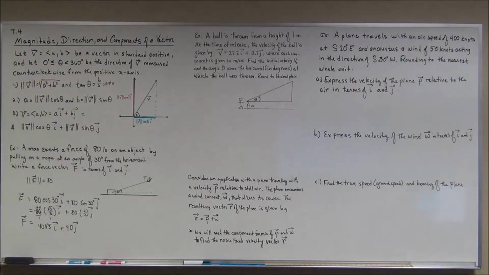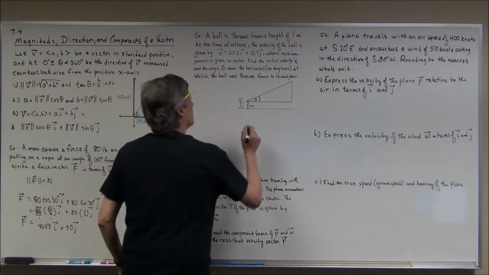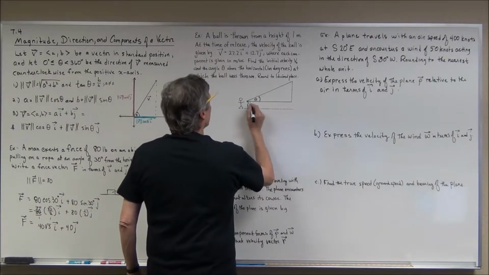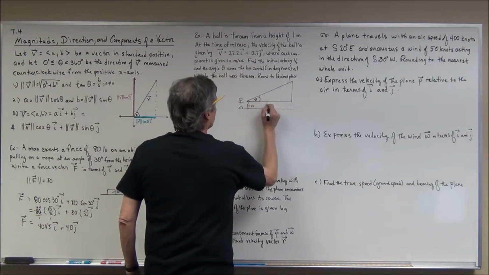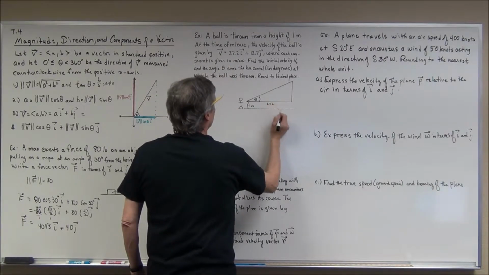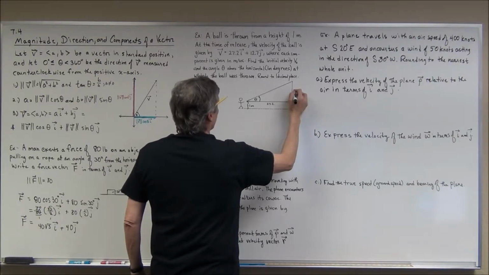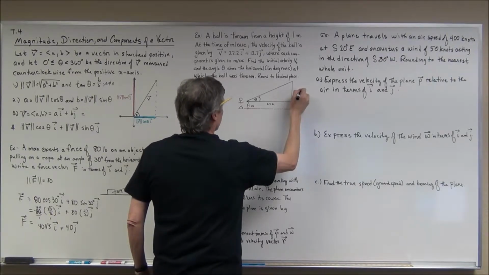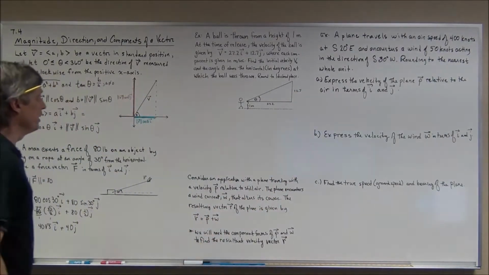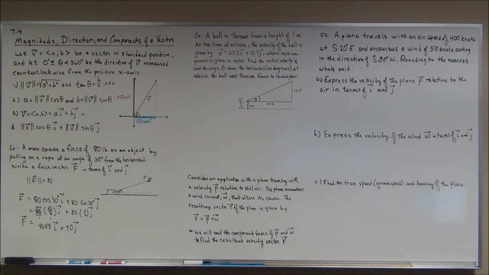Okay? At which the ball was thrown, and we'll round our answer to 1 decimal place. Well, in this case, the way this is set up, this guy right here would be the horizontal, this would be 27.2. This guy right here would be the vertical, and this would be 12.7. So that would be the A and the B that we'll need, and we're going to go ahead and take that, and we're going to find the